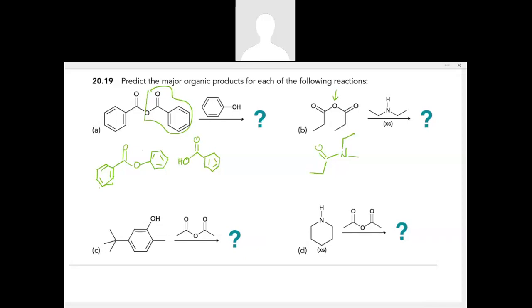And we'll have those two ethyl substituents still attached. So we have this amide, and then we're also going to generate this carboxylate ion as well. In chapter 23, which we won't discuss in this course,